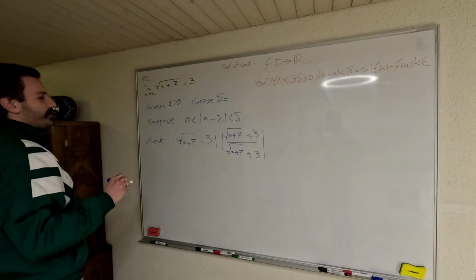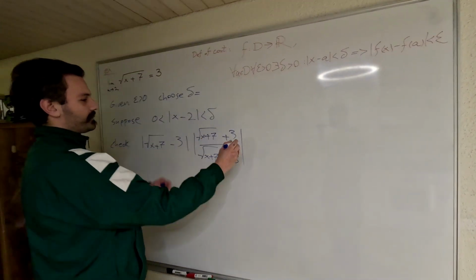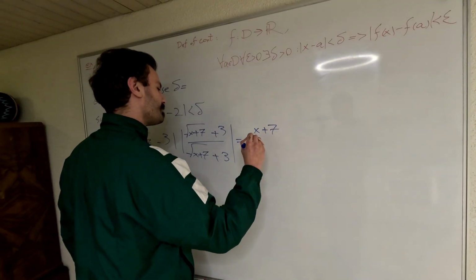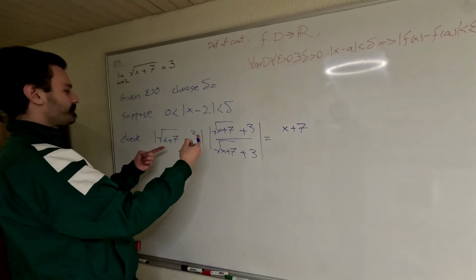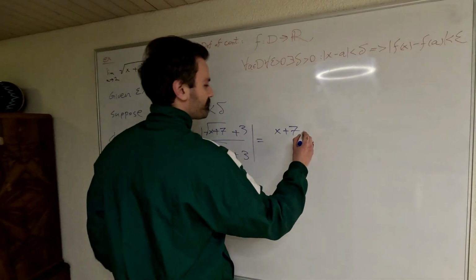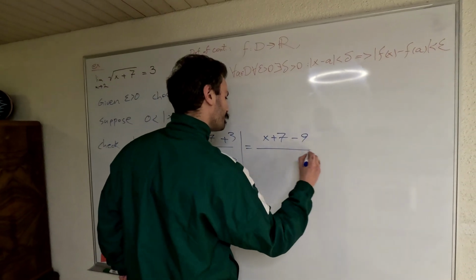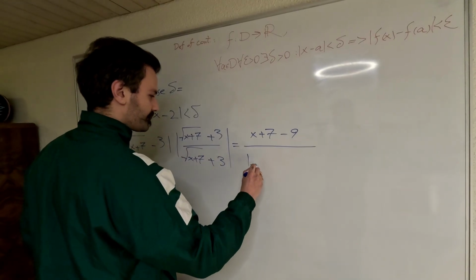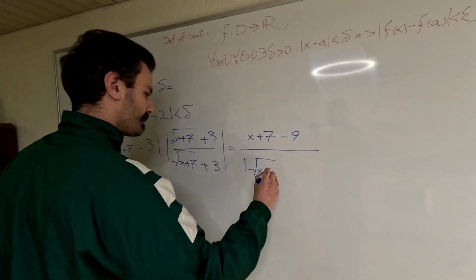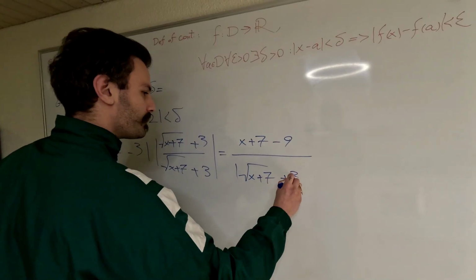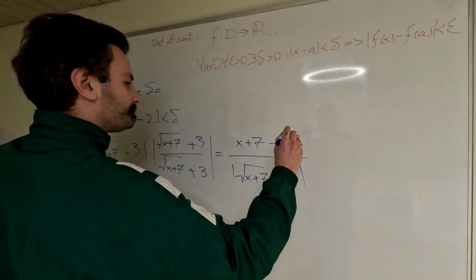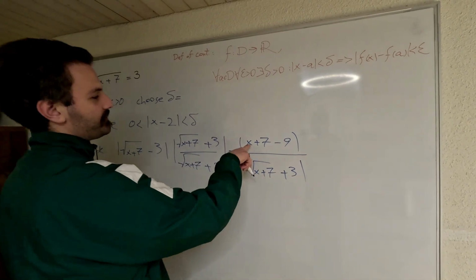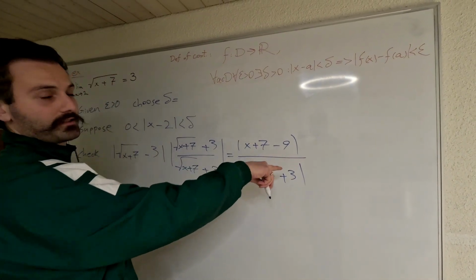If we multiply them, we get x plus 7, so the square root cancels, and minus 3 times plus 3 gives me minus 9 over. Okay, let's write this also in the absolute value form. And this gives me x minus 2